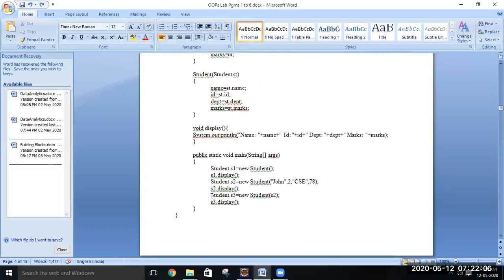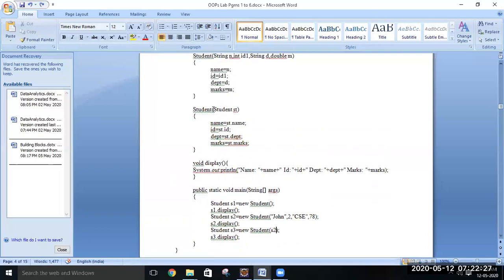Next we have created the instance of the third student, and you can see that the third student's constructor takes a single parameter, which is a special parameter. It is referring to the object of the student S2. Here we are copying the information of student S2 to S3. So the control will go to the parameterized constructor which takes an object as the parameter. Here we have declared Student ST, which, if you write it like this, will currently be pointing to a null value.